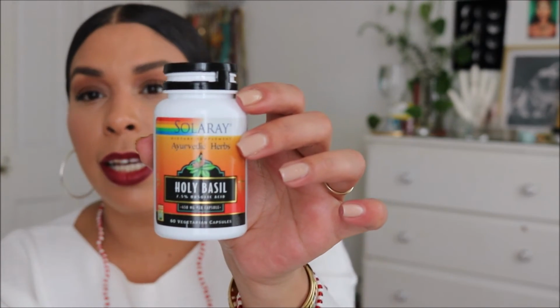And so holy basil is an adaptogen. And adaptogens are just pretty much what they sound like. They help you adapt to different changes in your environment. It helps you adapt to stress. It just helps your body adapt and strengthen itself without being depleted, or without overtaxing your organs or your adrenal glands and so forth. So really adaptogens are an all-around cure-all pretty much, where they just help you adapt to different changes in your body. So whether it be thinking negative thoughts or stress, cortisol and hormone levels are really helped to balance by using